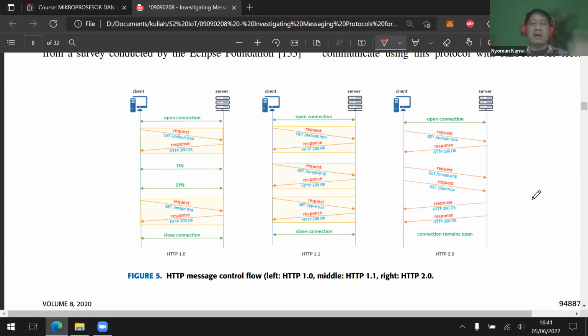And then if the client wants to send the data to the server, first it needs to do the handshaking, the three-way handshaking. Okay, it's like SYN, acknowledge, and then acknowledge. You will remember about that later in Jarkom. So in HTTP, we are expecting to have only one server.